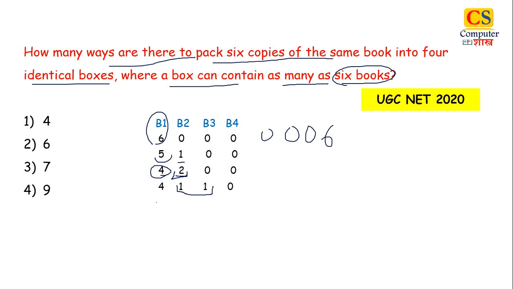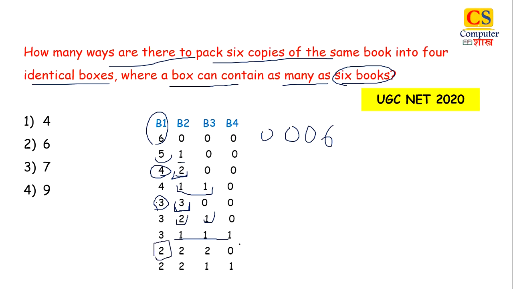The next combination will be, we are putting 3 books in a single box. Now we are left with 3 books. So these combinations can be: these 3 books in a single box, 2 books in a single box and 1 in another, and 1 each. So all you have to do is explore each possible combination such that there is no repetition. The position of box or position of books doesn't matter. And the last combination will be 2 books in a single box and the rest.